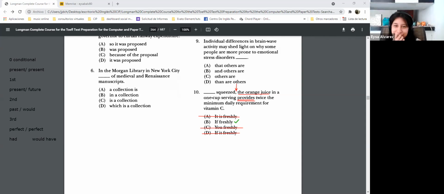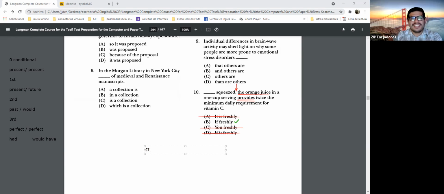Okay, so I have "if" that is not inverted, because in inversion I have to omit the "if." But I don't have a subject and I don't have an action either. So that means it is reduced. Remember, you're going to reduce in two ways with an adverb connector. Remember, "if" is an adverb connector.